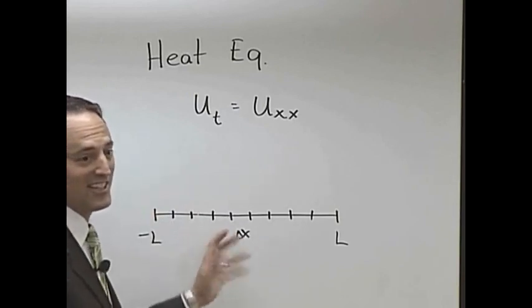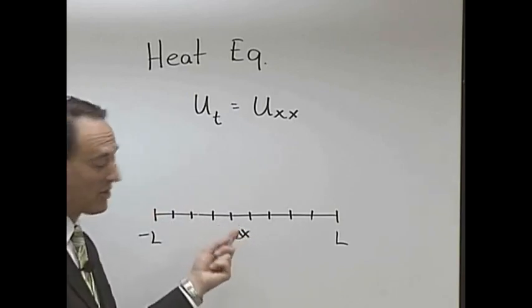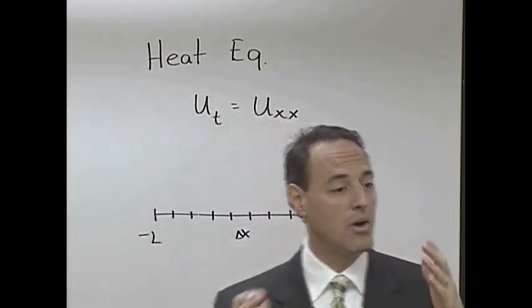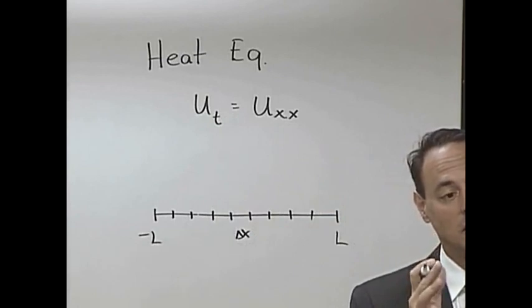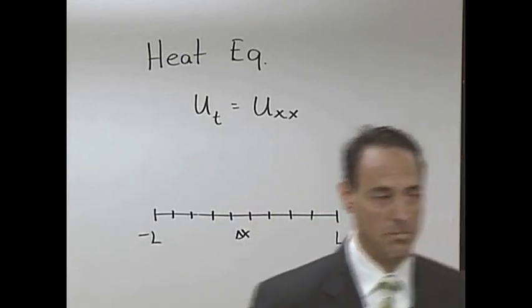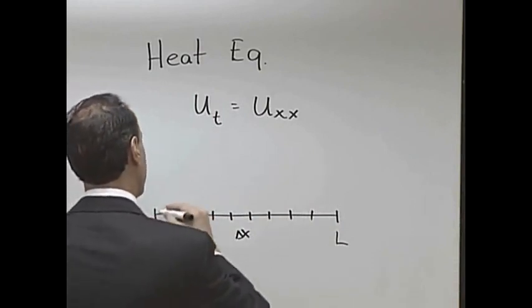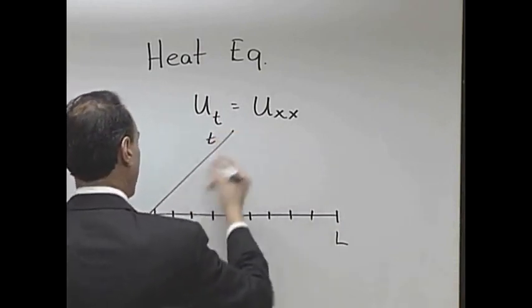Okay, so same thing here. You get to slice and dice how you like. You get to pick that delta x. And how are you picking that delta x? Typically, you might want to have a certain error that you're willing to tolerate, and then you'd pick your delta x accordingly. So we're going to try to do this, and then we're going to try to solve it into the future